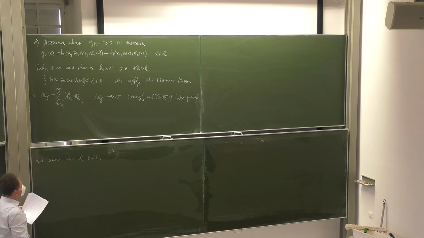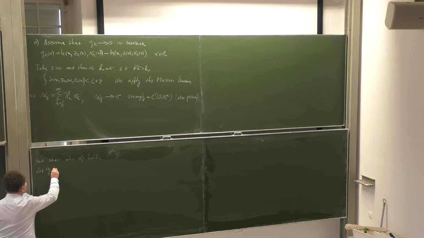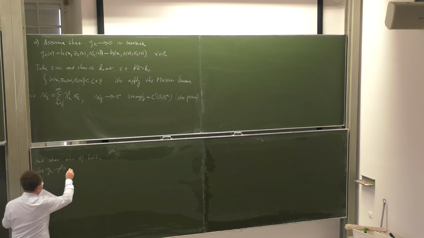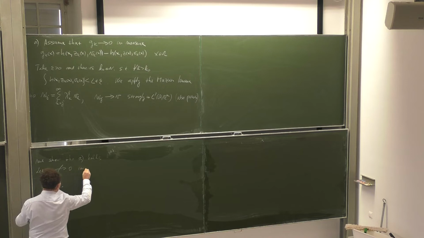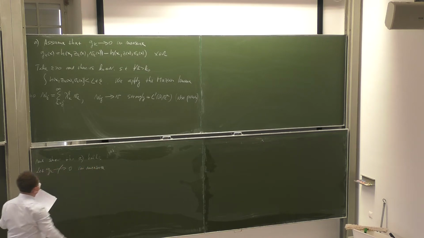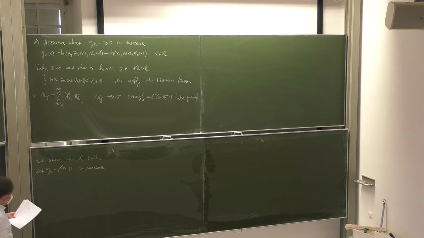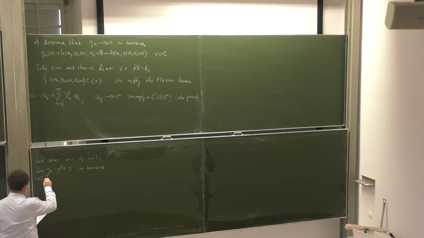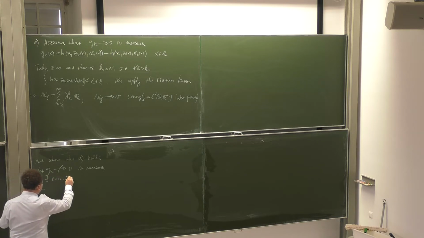So you do it by contradiction. So assume that g_k doesn't go to 0 in measure. So this means that there exist epsilon positive and delta positive such that